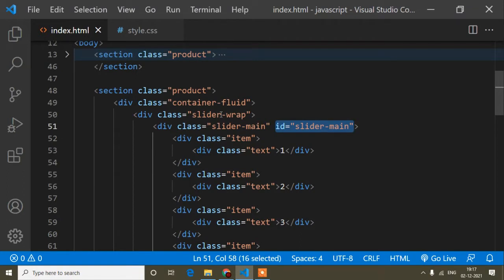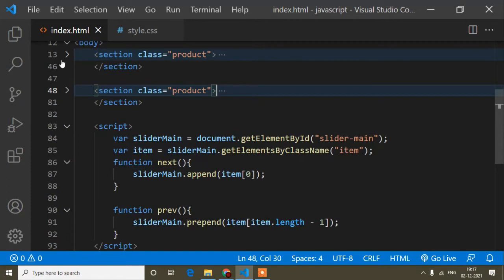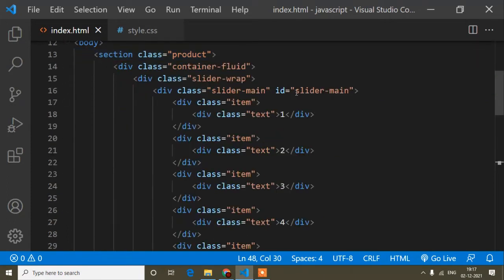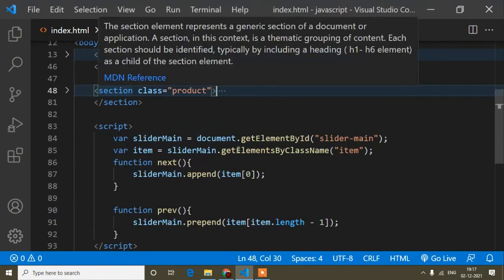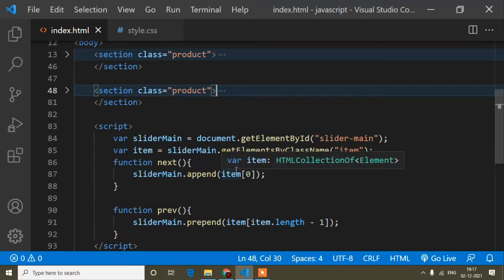Here you can see the slider id is the same, and I have added this id two times, here and here, so that is wrong. That's why it's not working, so I have to write it a different way. How we can do that, I will show you in this video.